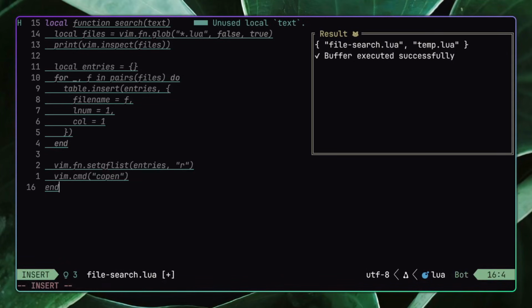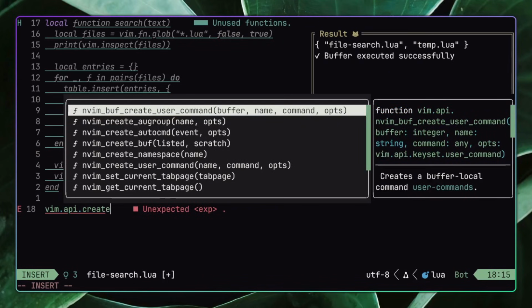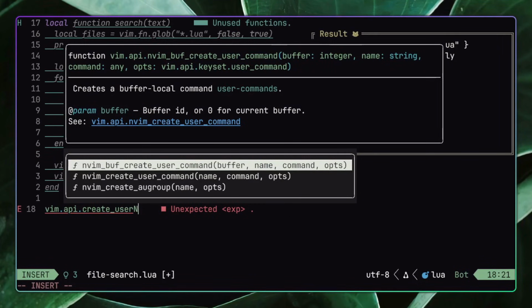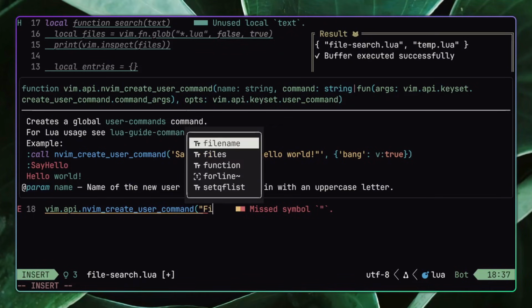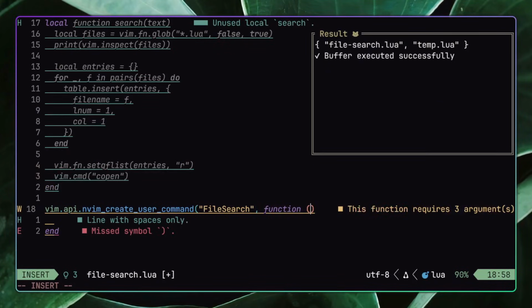And I'm going to call this function with a command. So vim.api.nvim_create_user_command, file search, function